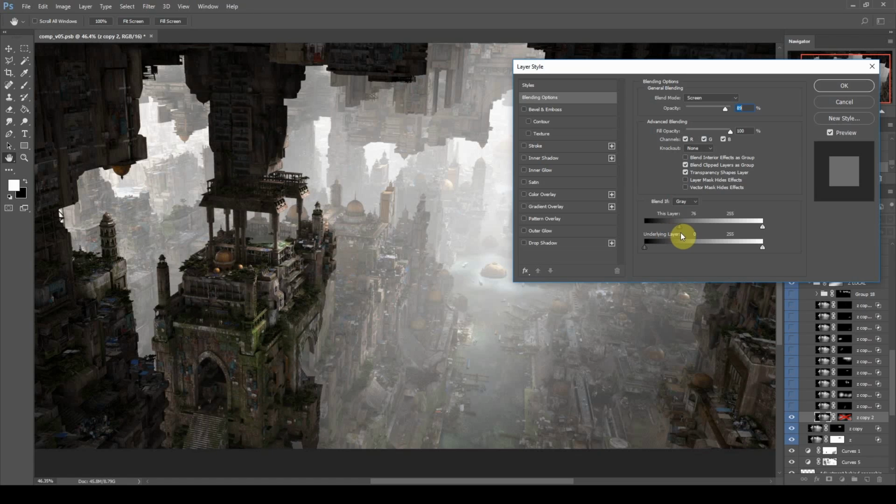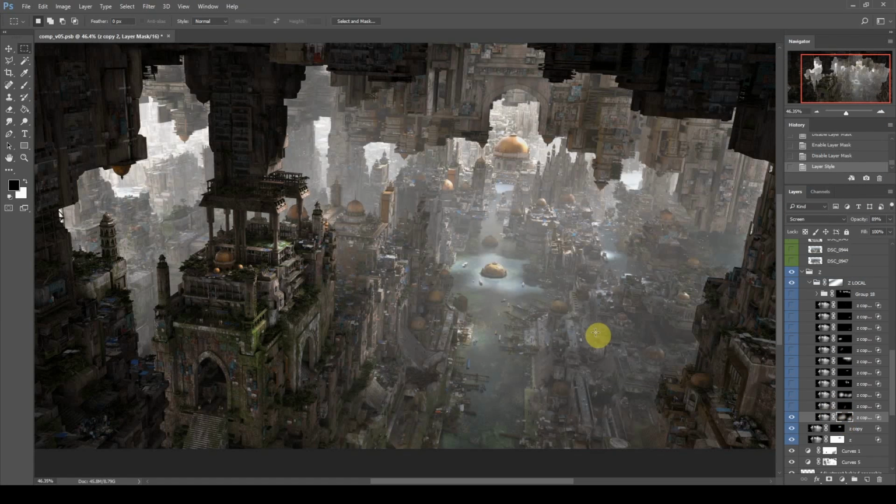And so I pick out a specific break in the image. Say for example here behind this building, you can smooth it out a little bit by holding down Alt and dragging one of these halves of the arrow, and then saying okay to that and just painting the fog in there, so you get a lot of separation